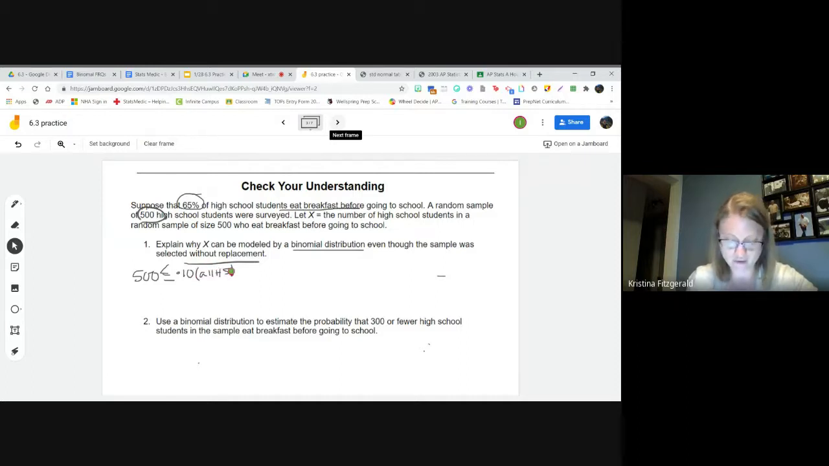To think about how big this population would have to be, let's just solve for it, dividing by 0.1 on each side. So 500